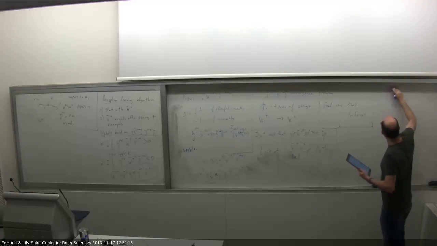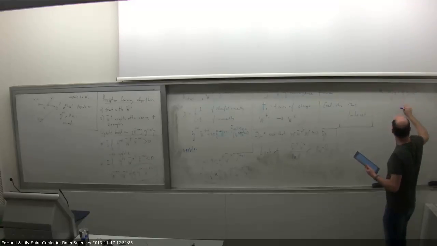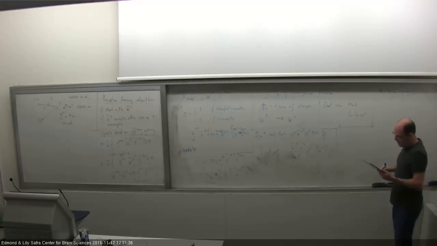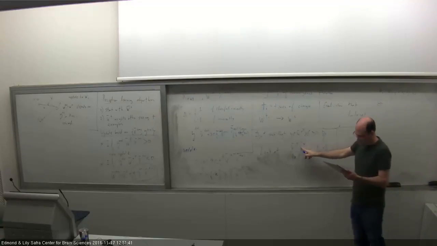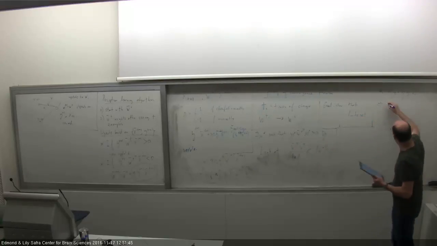And first I will write Wi is equal to Wi minus 1 plus eta yi xi. I know that this is true because I'm only looking at cases where there were updates, so this term exists. And therefore, if I look at Wi